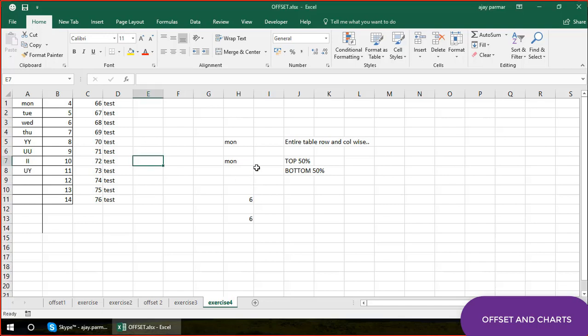Now we covered the top 50%, we covered the bottom, we also tried to cover the entire list as and when it expands, right? We did that. Now let's talk about this bottom 50%, how you can get the bottom 50% from the offset function, right? So now what I will do, first of all, I will try to